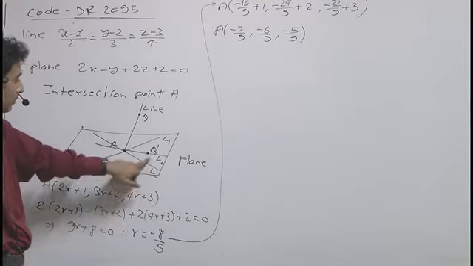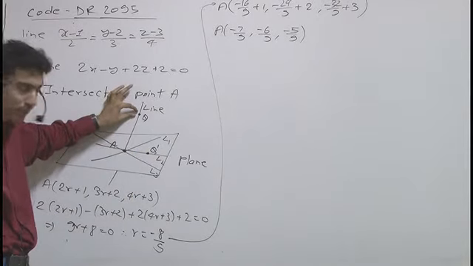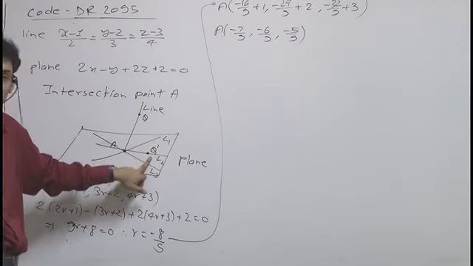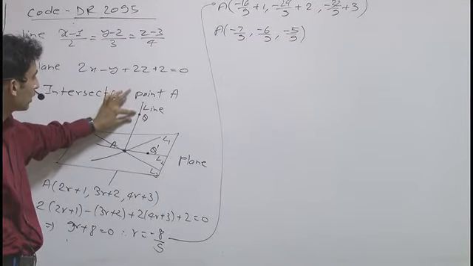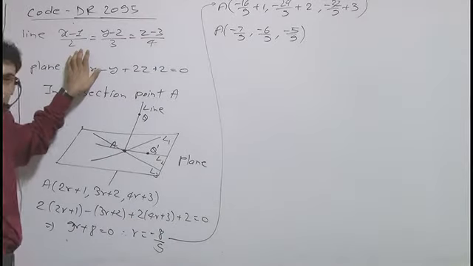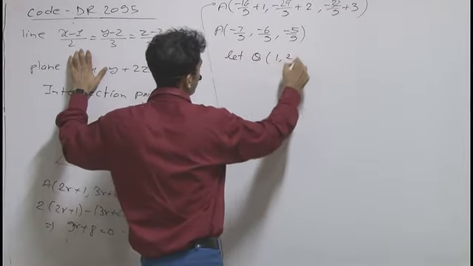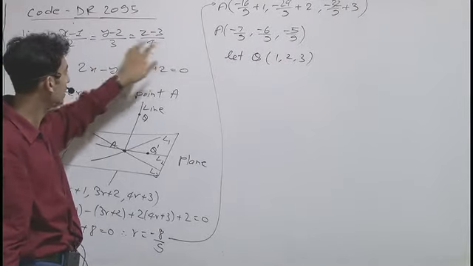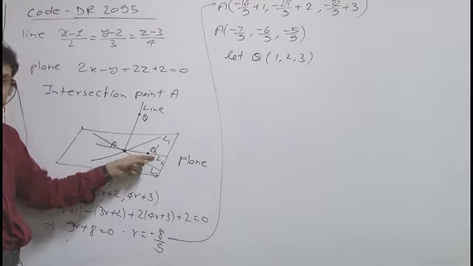Now we need another element in order to do this question. We need a point on the given line which is known, and its projection on the given plane, which is represented here as Q dash. So we can take Q as a known point, the point 1, 2, 3, as we can see directly from the equation of the line. Let Q be 1, 2, 3. We can directly see that point 1, 2, 3 lies on the given line. Now we need its projection on the given plane.